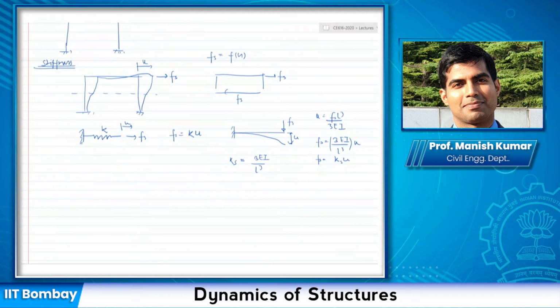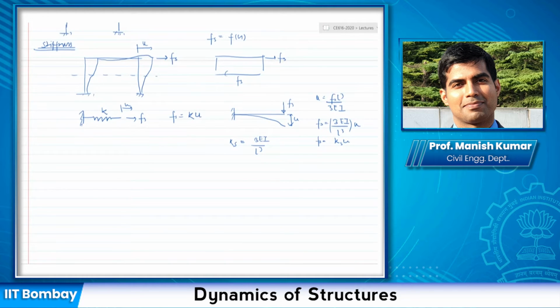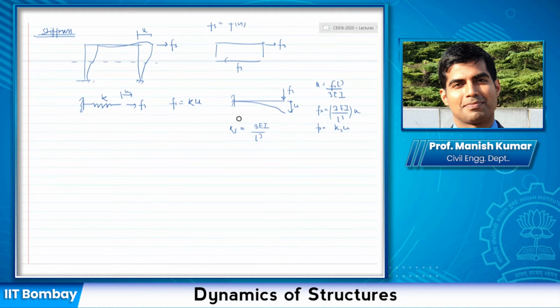Okay, this is simple, whatever you have studied from your structure analysis. Now, for this cantilever beam, let me consider the second case in which I don't allow the rotation of the free end. Initially it was free to translate at this end, but now it cannot rotate, so it would look like something like this. If you remember from the indeterminate analysis you would have done, if I have a force Fs here, and it is displacing by U, what is the relationship now?